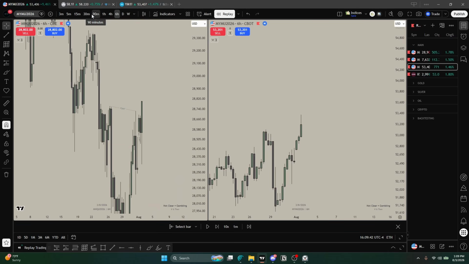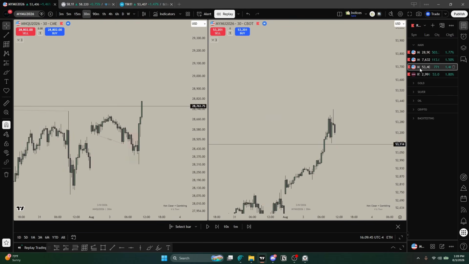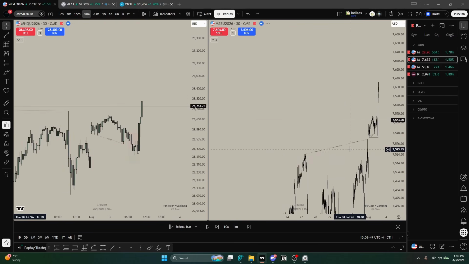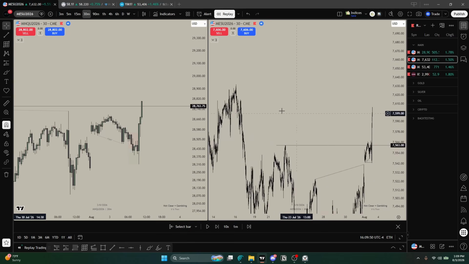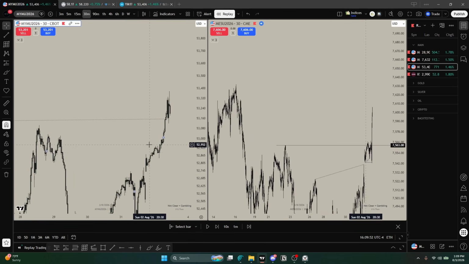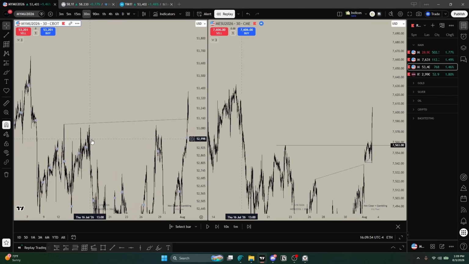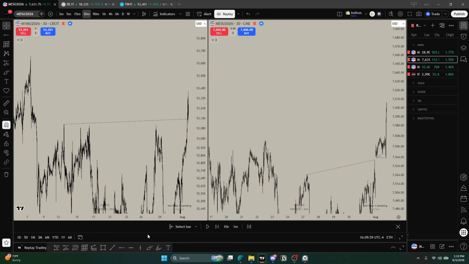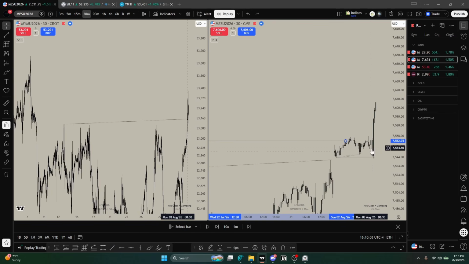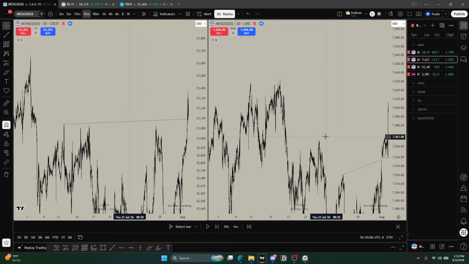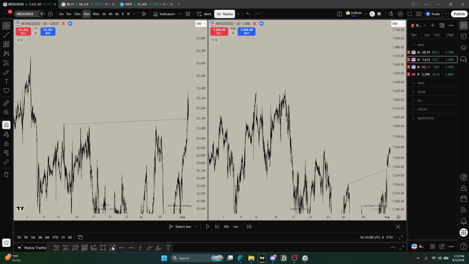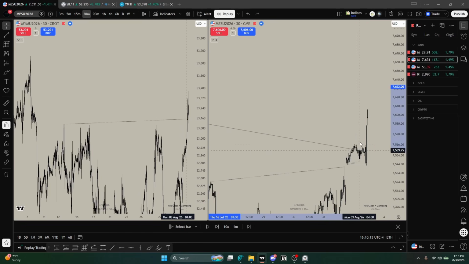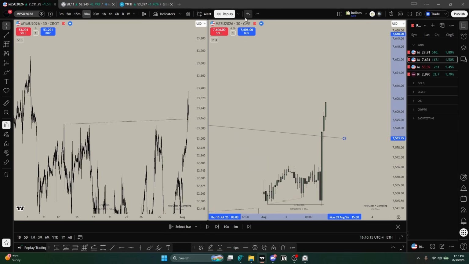So seeking continuation higher, it's really not that clean. Even on ES, right? There's nothing really about this. YM created SMT. Right, what did ES do? Price failed to manipulate this high. And then AMD bullishly, which means that we're probably going to continue to reach for this high, which is this high on YM. We created that SMT here. Right here.